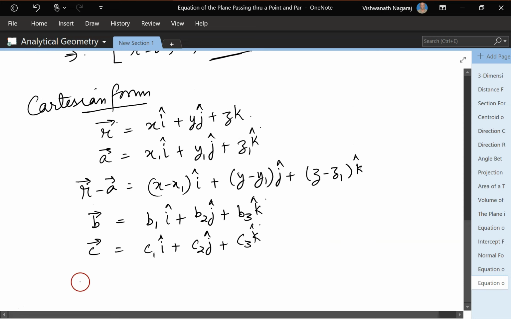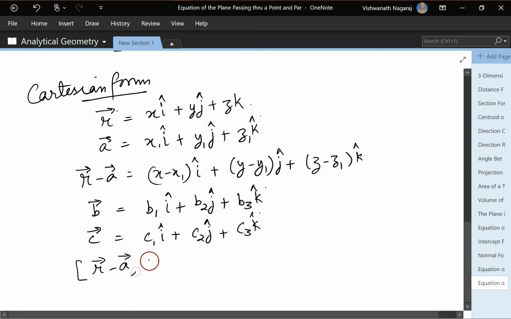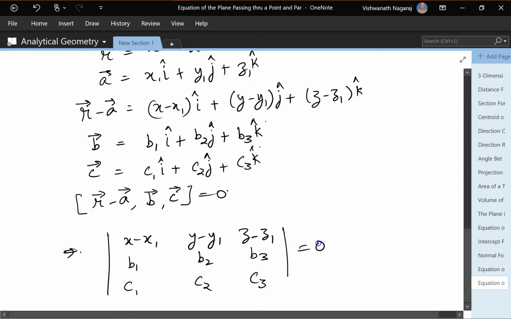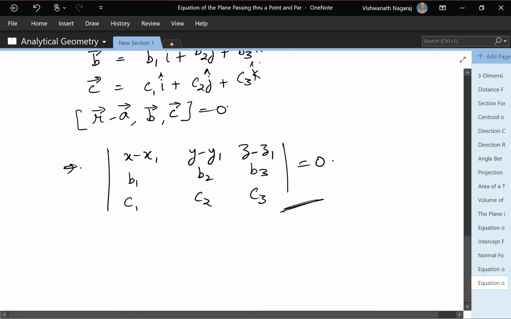So now let's put it in this equation, [R minus A, B, C]. Remember, this is the triple product, and by one of the properties of the triple product it can be written as the determinant with rows x minus x1, y minus y1, z minus z1; b1, b2, b3; c1, c2, c3, equal to 0. So this is the equation in Cartesian form. So that is the equation of the plane passing through a point and parallel to two